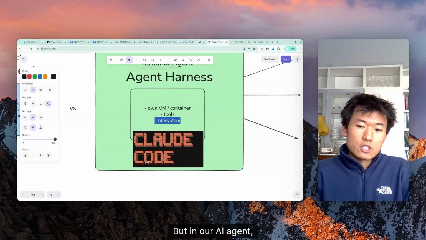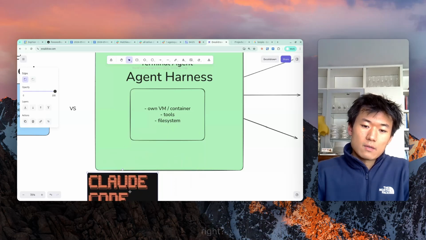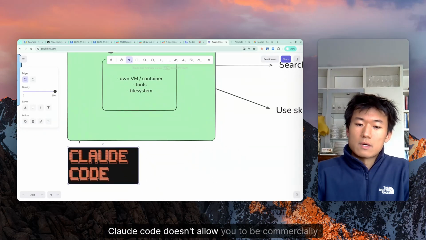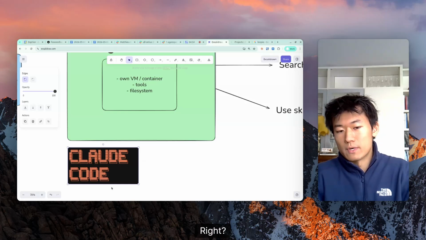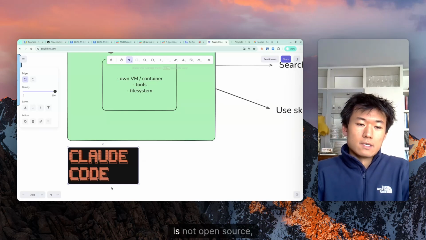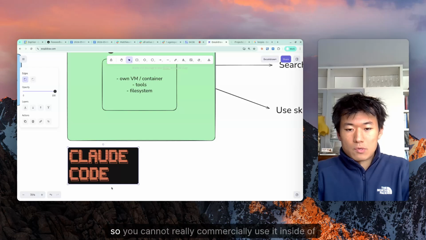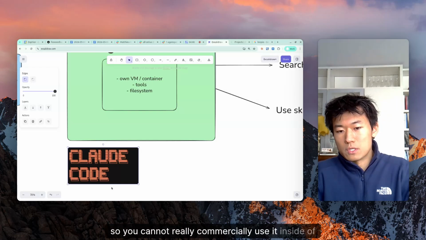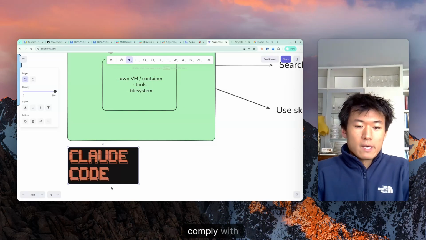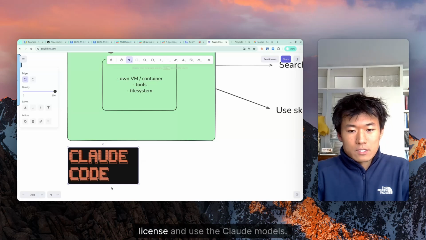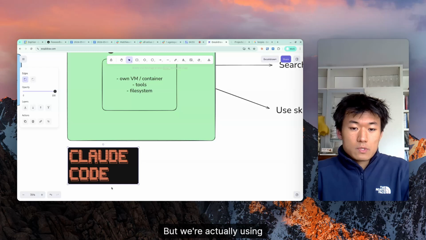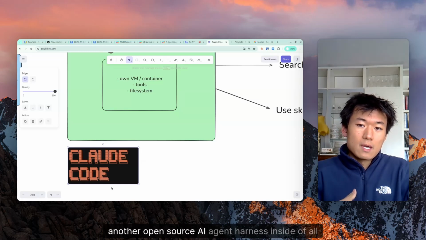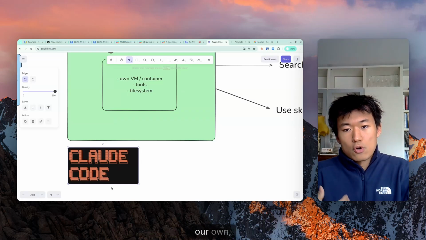But in our AI agent, we are not using Claude Code, right? Because Claude Code doesn't allow you to be commercially as flexible as possible, right? So for one, Claude Code is not open source. So you cannot really commercially use it inside of your own product unless you comply with their license and use the Claude models, right? But we're actually using another open source AI agent harness inside of our own containerization logic